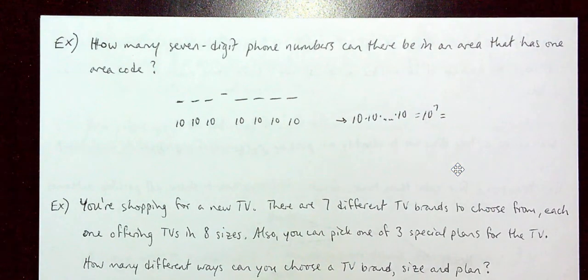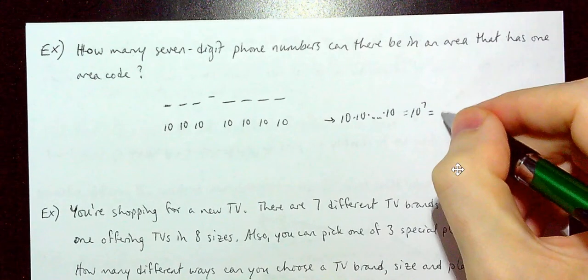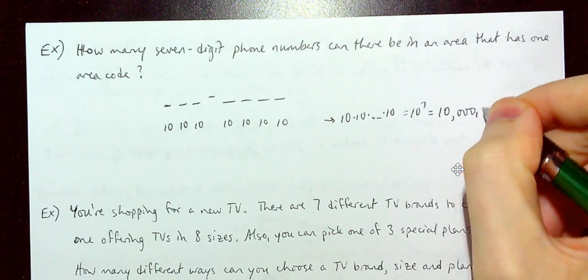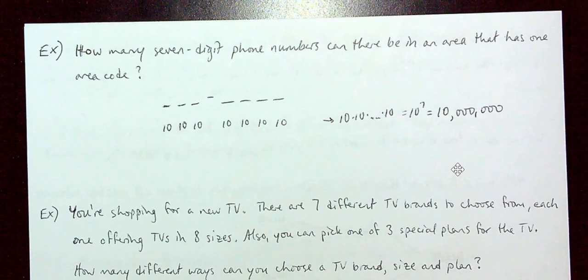And if you do, in your calculator, 10 to the 7th power, you are going to get 10 million. So you can have 10 million different phone numbers all within the same